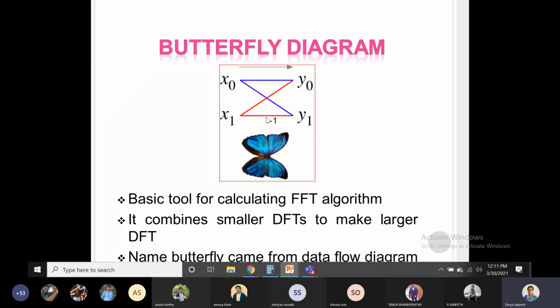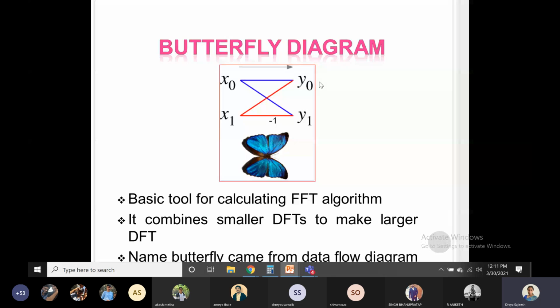You can go behind that, how that -1 has come. You can analyze the algorithm and you can find out. Because if you insert a -1 there, then only finally you will arrive at your required result. So this is given in that two input butterfly diagram, that in the second path there will be a -1. Got it? Yes, ma'am. Okay.